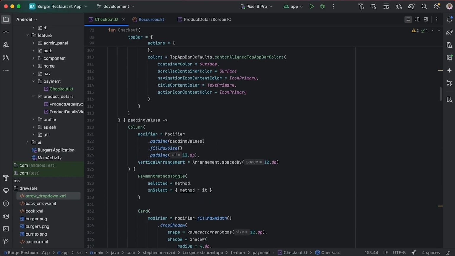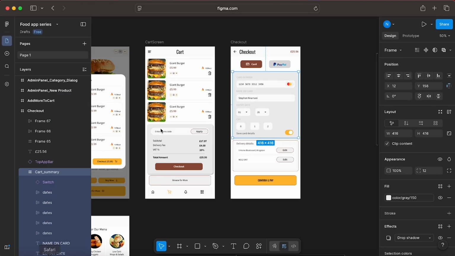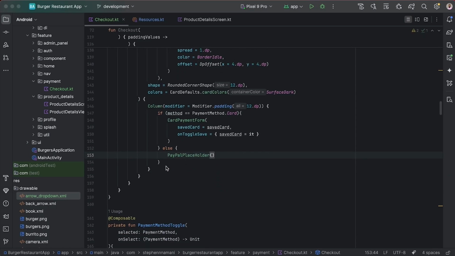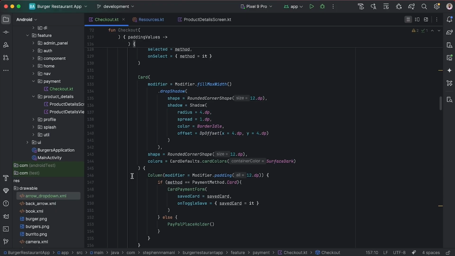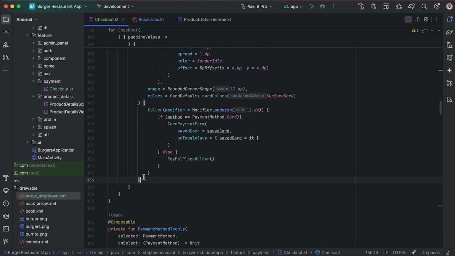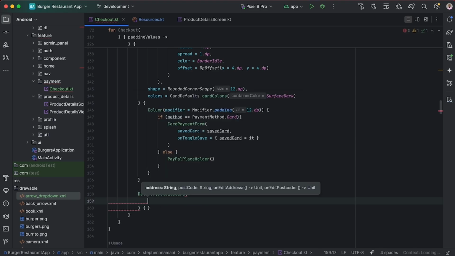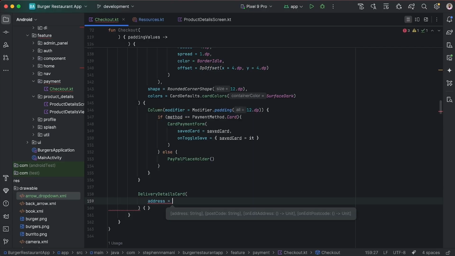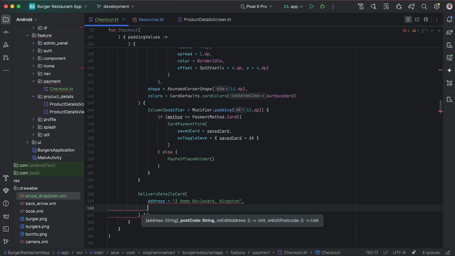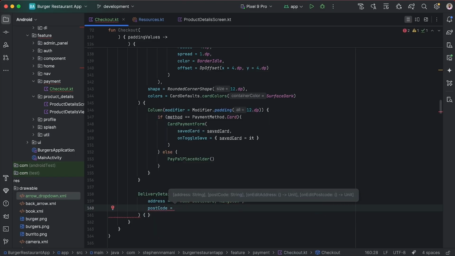So now we have the second card, which is this. So let's call this now. Down here, outside, we're going to call our delivery details card, and in our delivery details card we have our address, and we set that to 3 Home Boulevard, Kingston, Jamaica. Okay, so now the postcode is somewhere in Newcastle, so